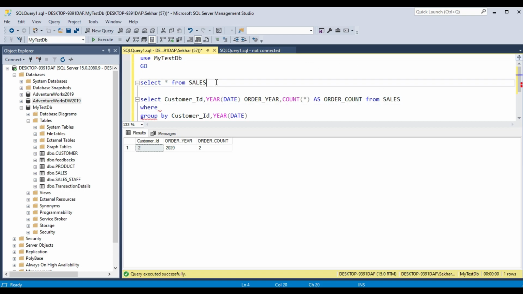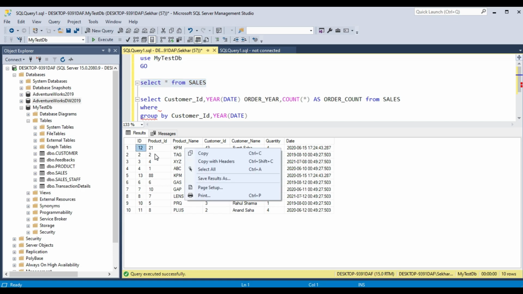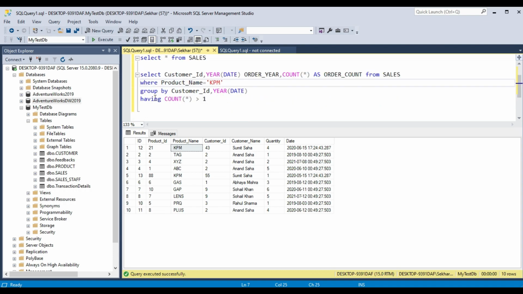Let's put a where here, where product name equal to KPM. So now we will not run having initially, we'll first run till group by, then we'll go to having. Okay, so let's see what happens.